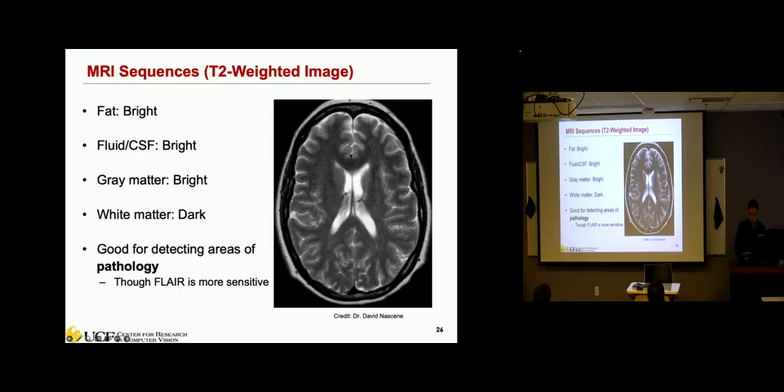But some pathology, like cerebral edema, which is basically brain tissue swelling, where tissues contain more water content, will also show a bright color on these T2 weighted images. So this is good for detecting areas of pathology, any diseased abnormal regions of your brain.